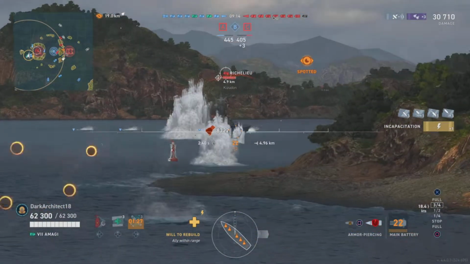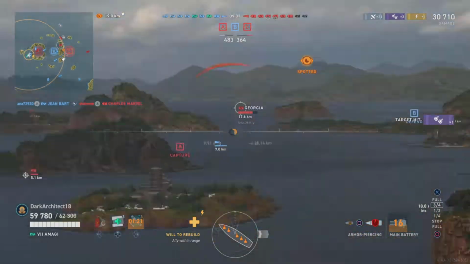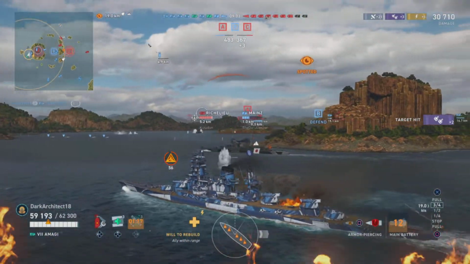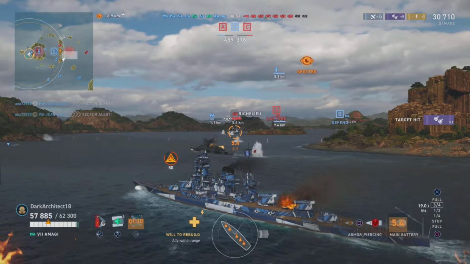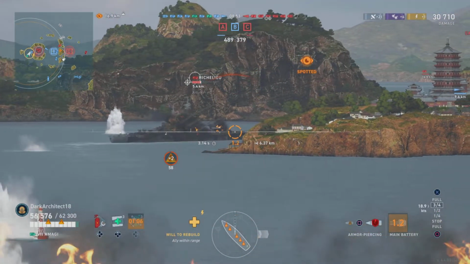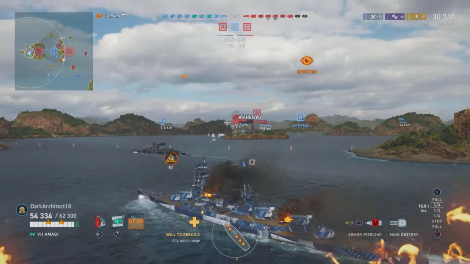Also, if you're trying to figure out how much the Amagi can penetrate in terms of armor, in millimeters, you do 410 millimeters, which is the gun size on the Amagi, divided by 14.3, because that's the penetration magic number. So then you get 27 millimeters. So 27 millimeters of armor is what you can penetrate, and that's typically on heavy cruisers,